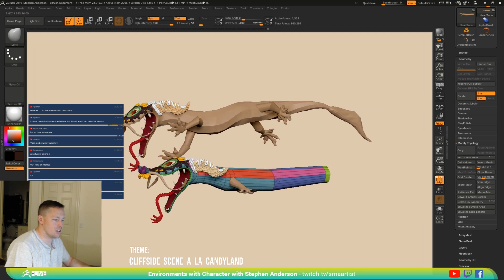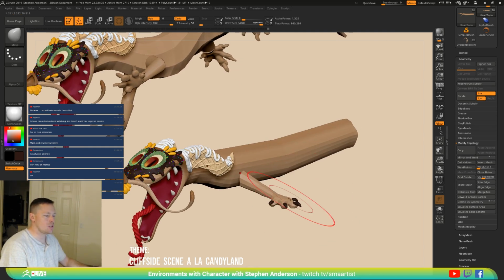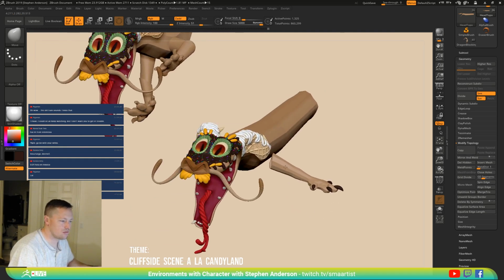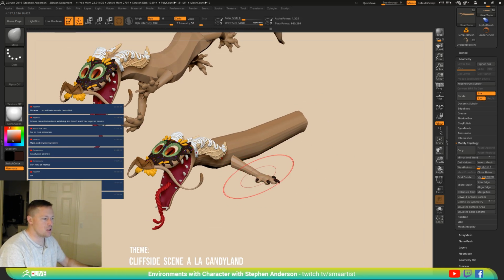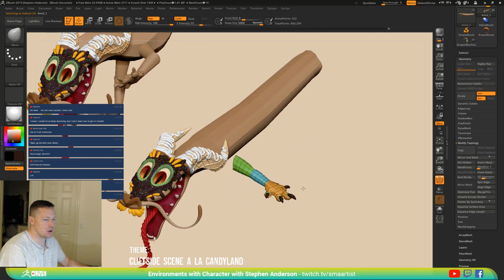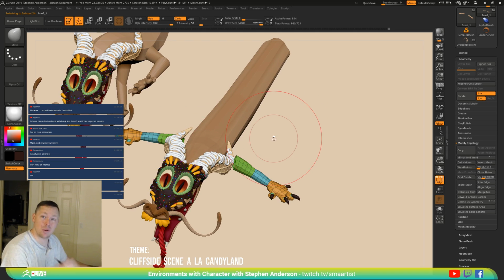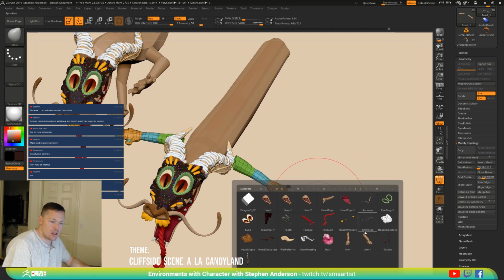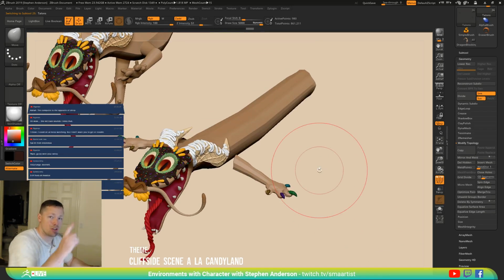Okay, I'll work on the shape more as I get more topology in there. For right now, this is good enough. Okay, I'm pretty sure a cool thing that they did with the mirror and weld is that they fixed it so that it doesn't matter which side your geometry is on. It used to be that you had to have it on a certain side in order for it to work, but